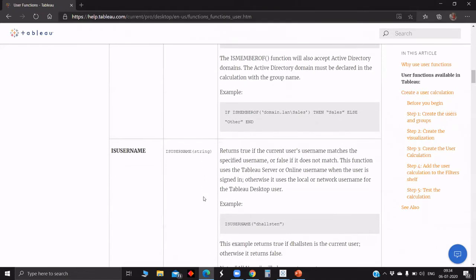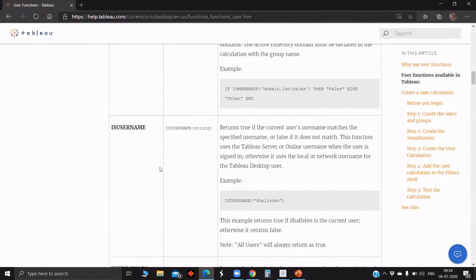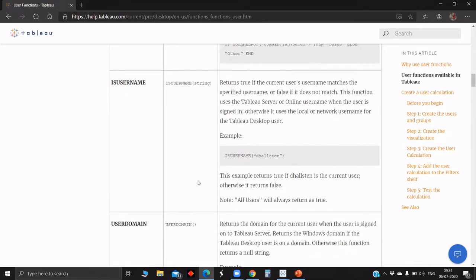Similar to that, we have ISUSERNAME. It returns true if the current user's username matches the input you have given. As you can see in the example, some name is given, so it will return true if the username is similar to what we have given as input.